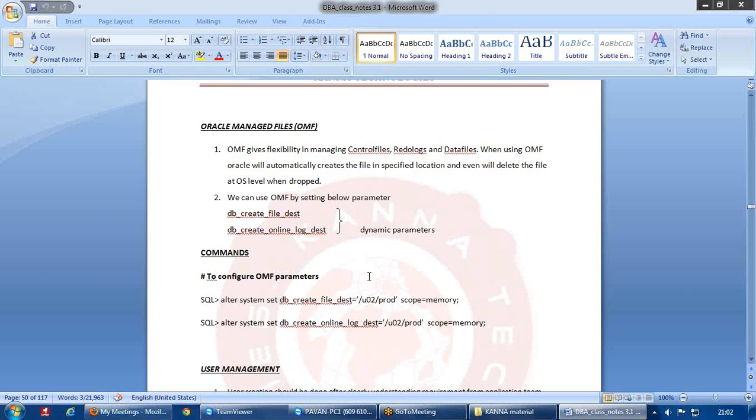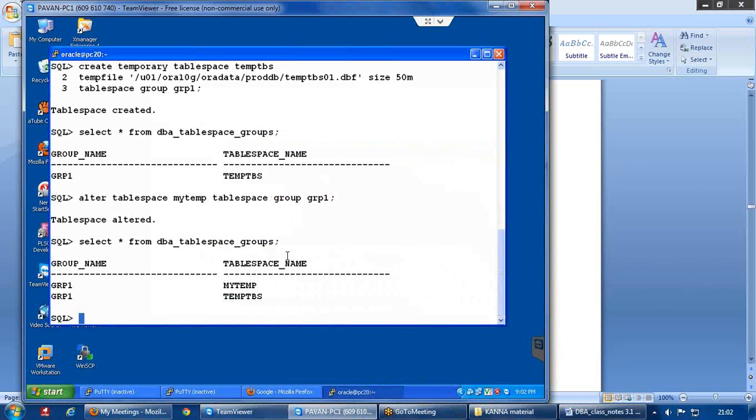But when you use the OMF concept and run that command, the file will be deleted at OS level immediately as well. To use OMF, you need to declare two parameters at database level: one is db_create_file_dest and the other is db_create_online_log_dest. So let me show you how it is going to work.